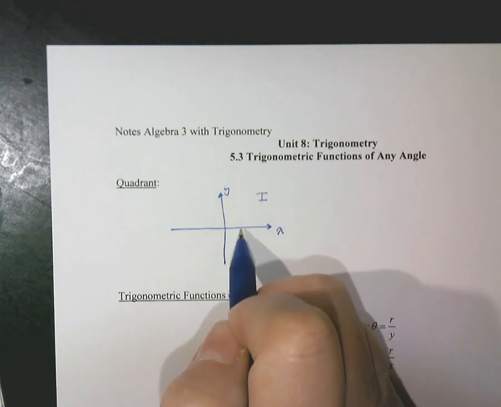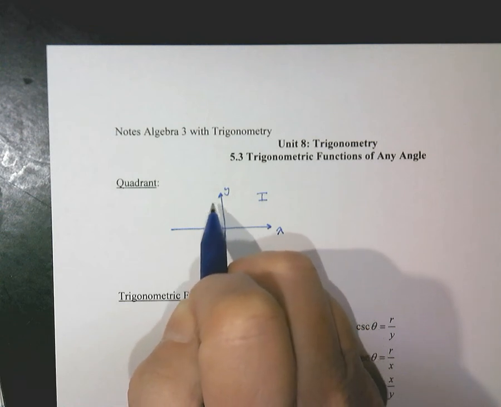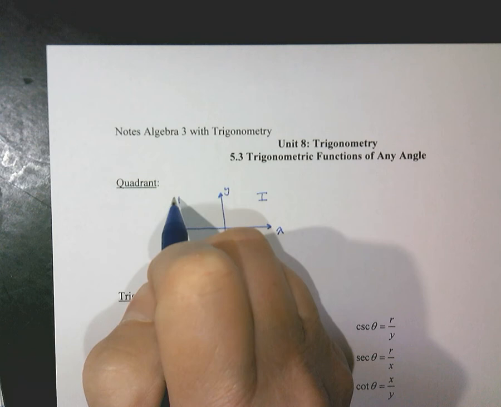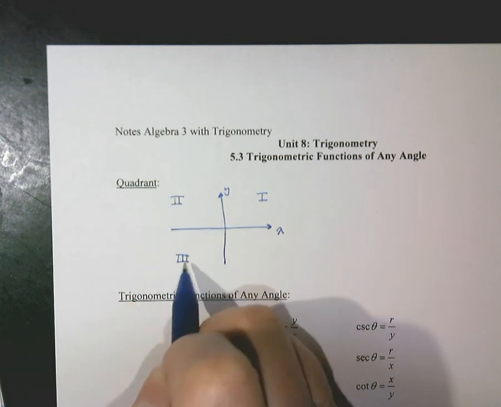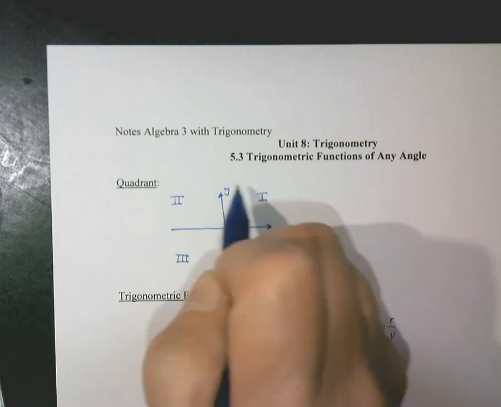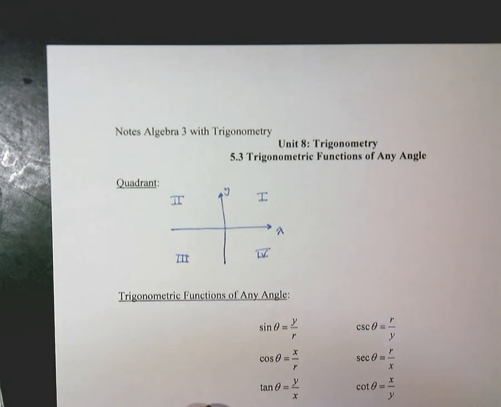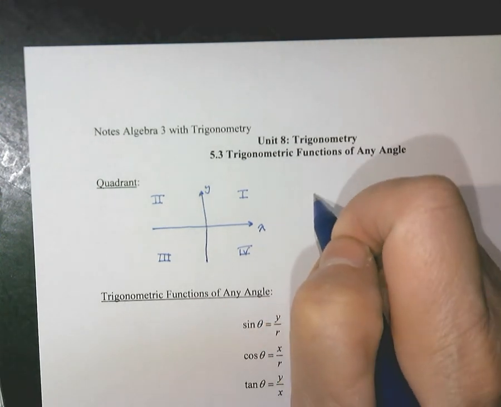A counterclockwise angle was positive, so if you started here and you moved along, you would then go to quadrant 2, and you keep coming around. This would be quadrant 3, and you'd end up in quadrant 4, and you can continue to go in all those quadrants. The quadrants are Roman numerals,